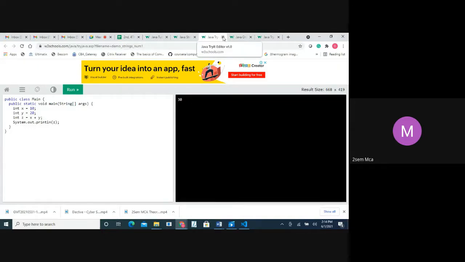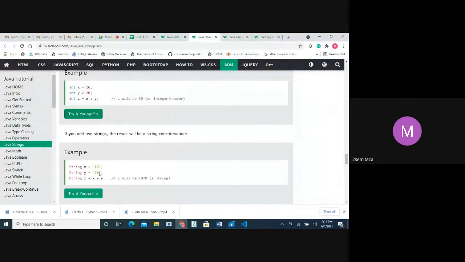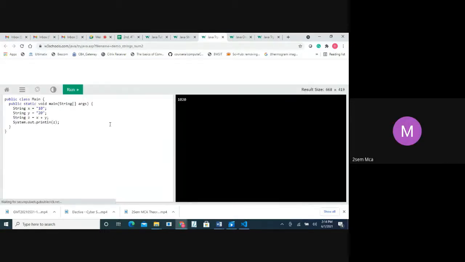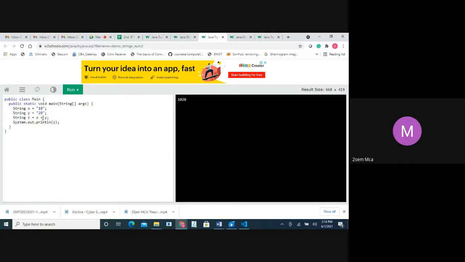This was for the integer data type. Now for a string data type, we are doing the same thing, but with double quotes. We have ended with double quotes. Will I get the result 30 here? What will we get here? It will not do addition. Someone said concatenation. That is right. It means adding 20 after 10, so 10, 20 will be displayed.